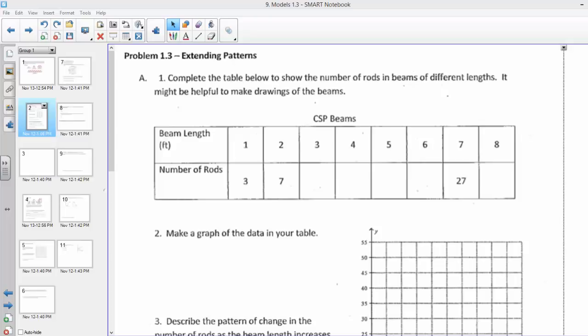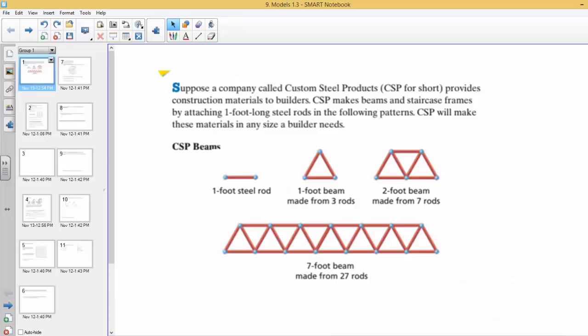Welcome back. We are in the Math Models packet, problem 1.3. It looks like this, and you need this little piece of data so that you can fill the table out. So, a company called Custom Steel Products, CPS, provides material to make beams and staircase frames. They're putting these 1-foot long steel rods in this pattern. So we're going to write down how many beams are needed